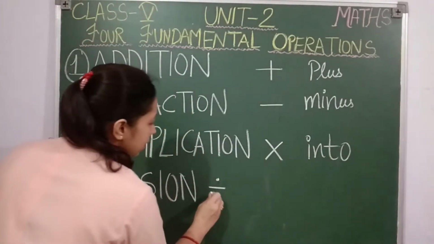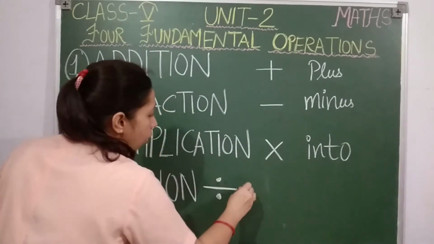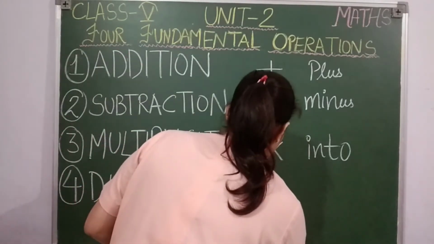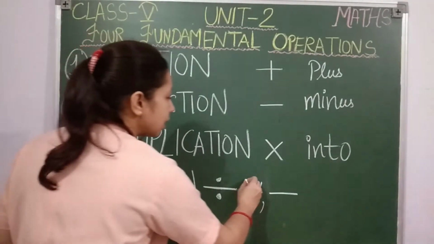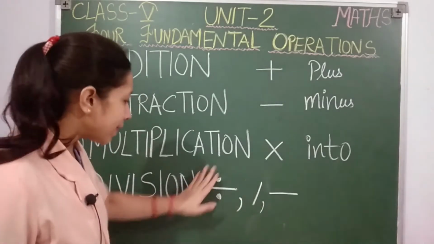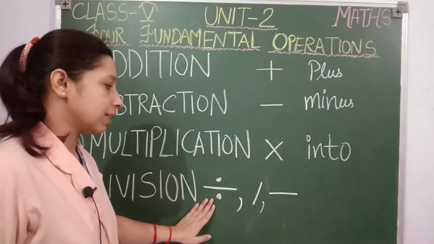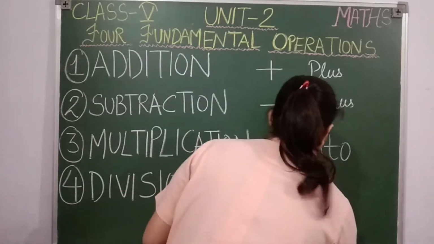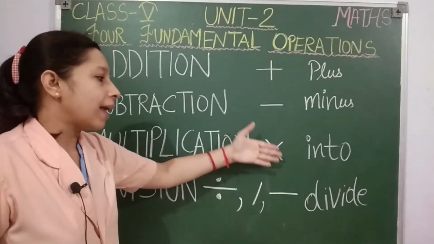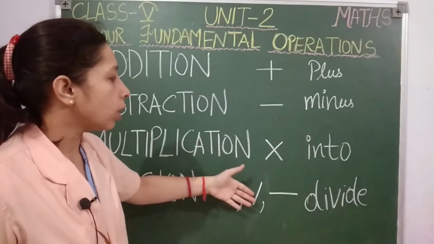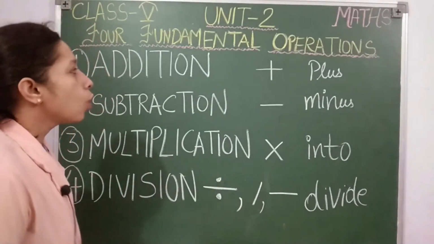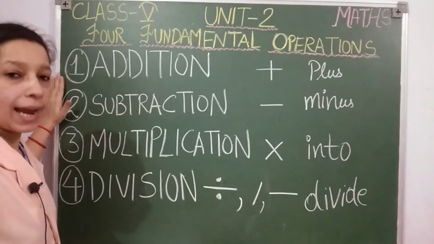For division we have 3 symbols students. This one, or it can be denoted like a slanting line, or like this also. Okay, but these 2 we are not going to see now. You are not going to learn these 2 symbols in this chapter. Basically we will use this symbol for division. So make this symbol clear. Okay, and it is known as divide. Clear? So plus, minus, into, divide. While calculating, we are going to call the symbols by the given names. You can note this, students. Clear? Okay. So now let us first talk about addition.